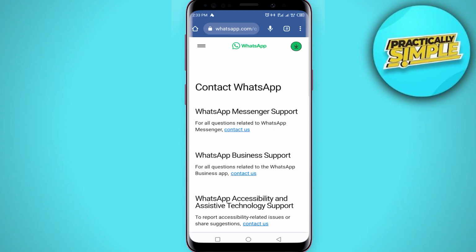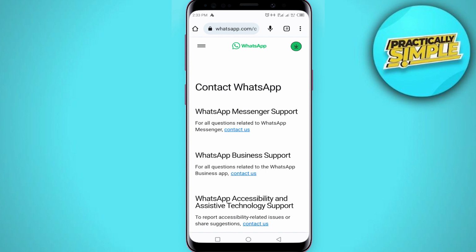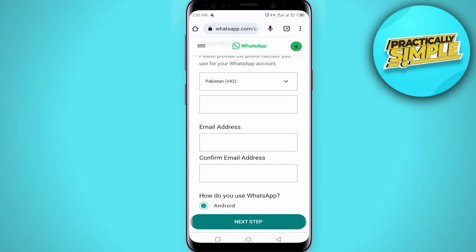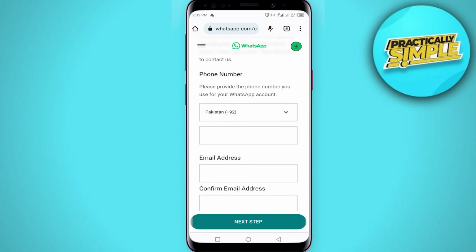Tap on this Get in touch, and now you have to tap on this, for all questions related to WhatsApp Messenger. You can see this blue Contact us. Tap on this. When you are on this page, what you have to do is you just have to enter